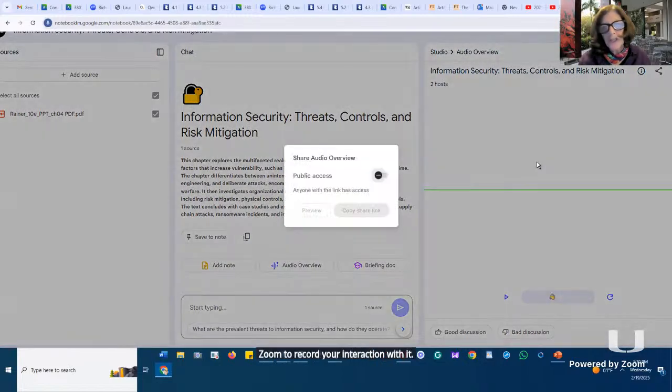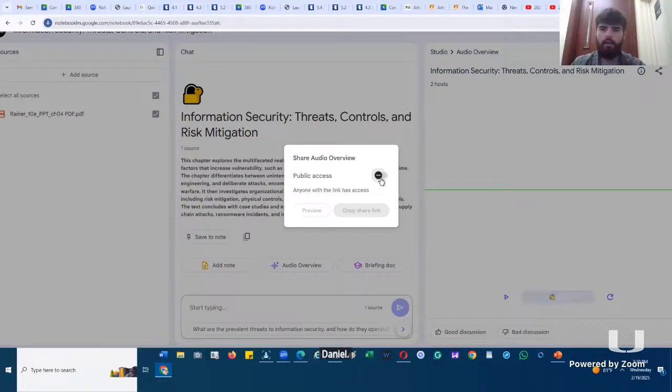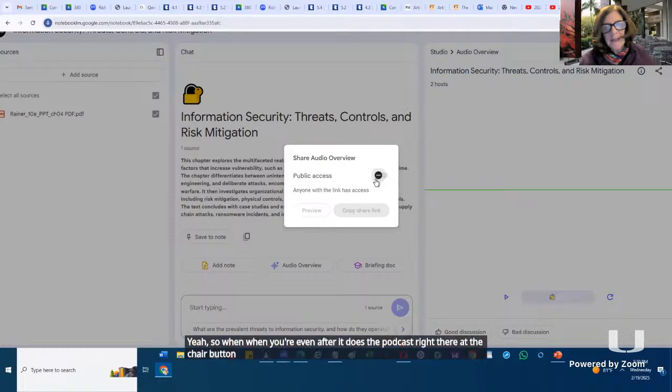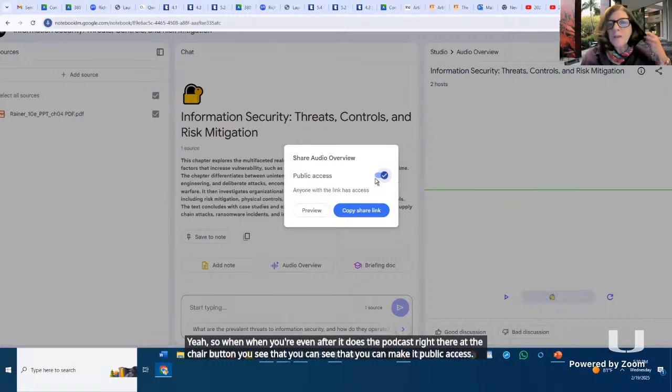And then if you want to share it, notice right here, you see the share button? You see this as well, Daniel? Daniel, are you there? Yeah. Even after it does the podcast, right there at the share button, you see that you can make it public access.